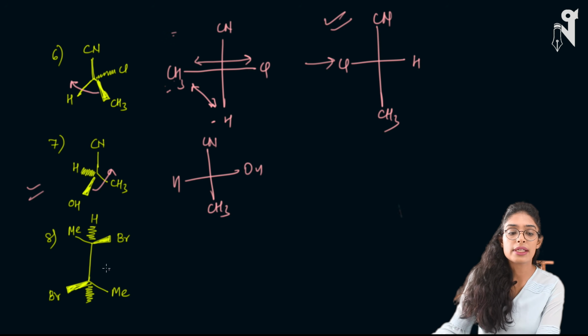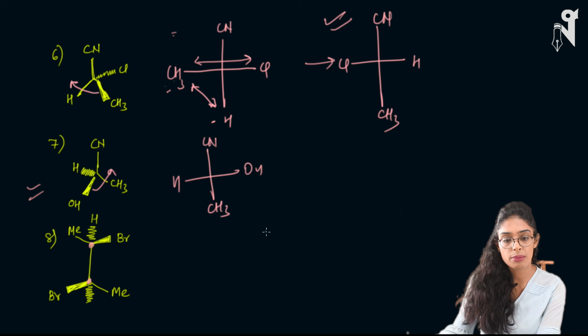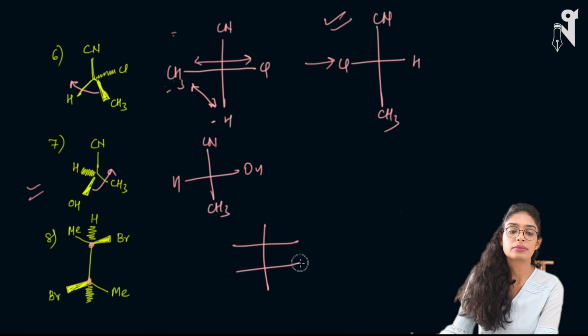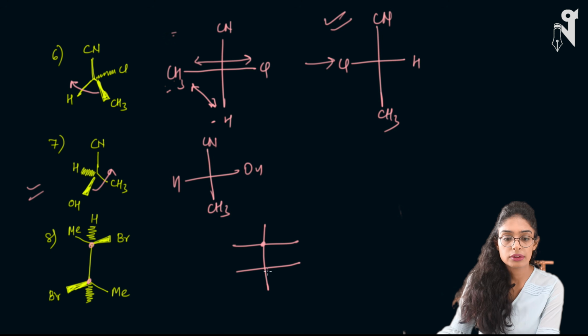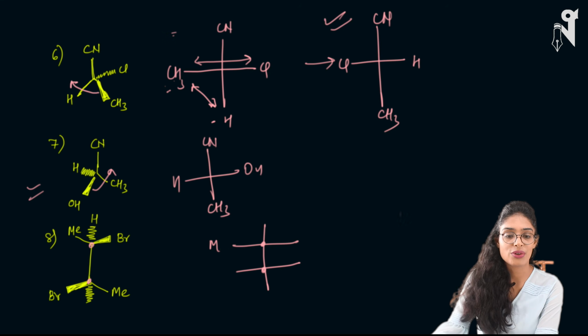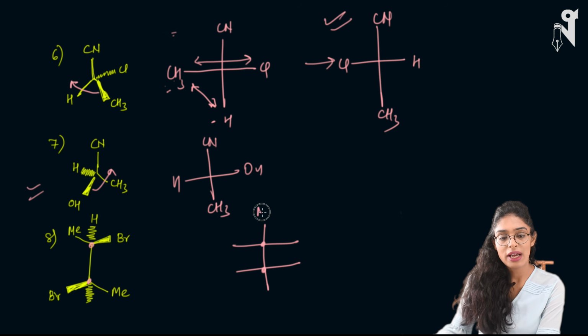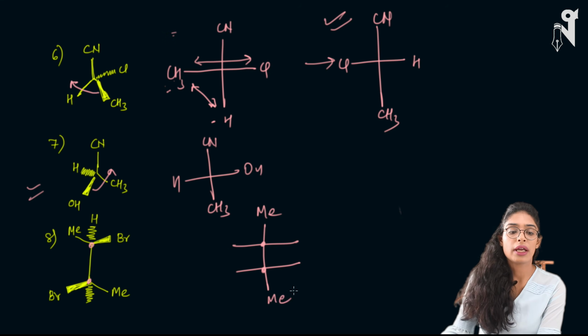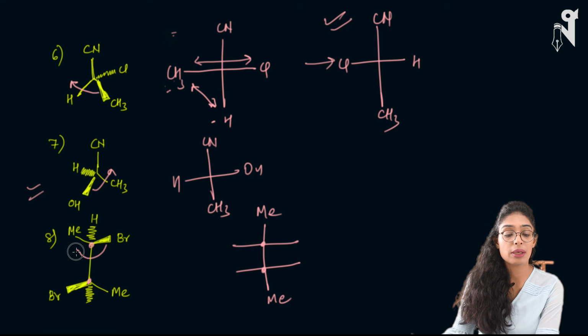Okay, now look at the next compound. I have two chiral centers here, one is this and one is this. So here I'll be forming it like this. Okay, right? So now I have a methyl group here. Oh, my bad, sorry. Methyl on the top and methyl at the bottom. And then again, what I'll be doing, I'll be moving CH3, I'll be moving Br here,